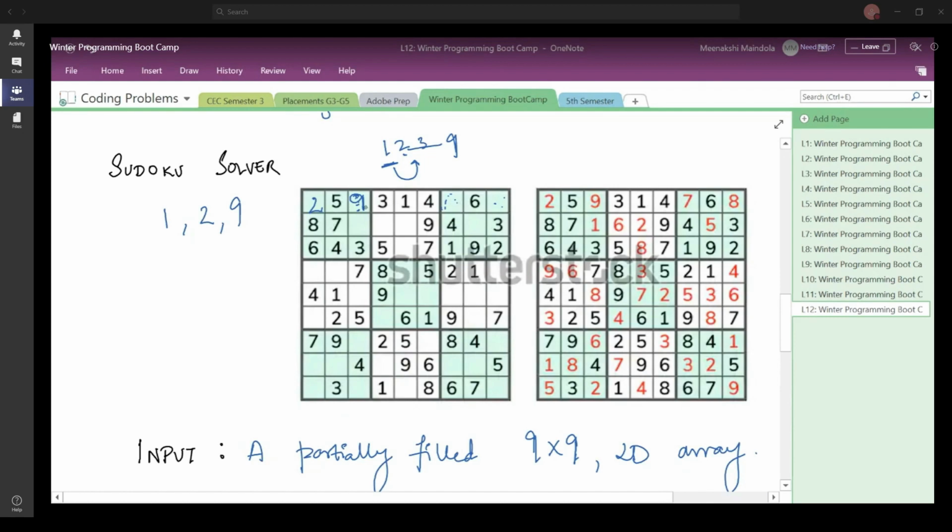7, let us check if 7 can come here. 7 is not in the same row. 7 is not in the same column. Is 7 here in the same submatrix? No. Simply place 7 here. Move ahead with the next element. Okay. So your function or whatever program you create should recursively do this for all the empty elements, and do this until you have found out the solution, which is, you have filled all the cells completely.